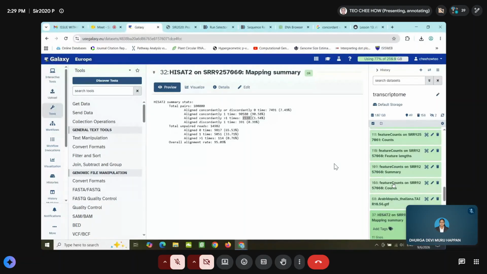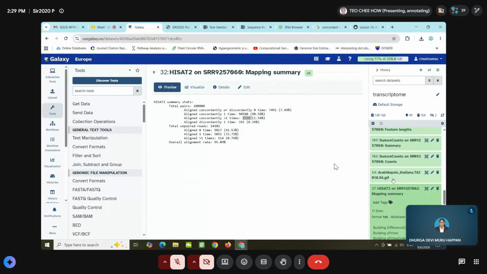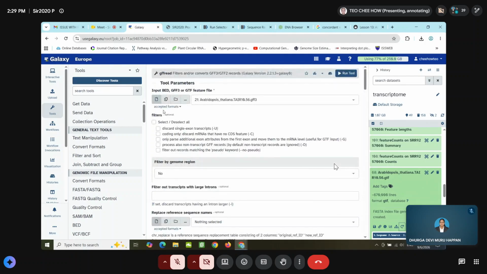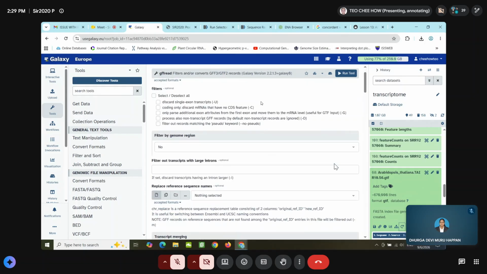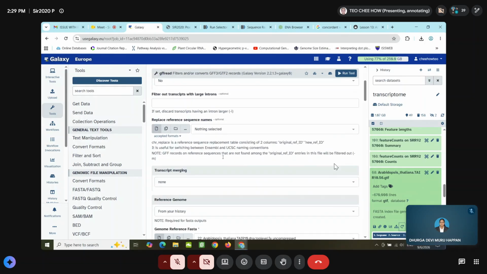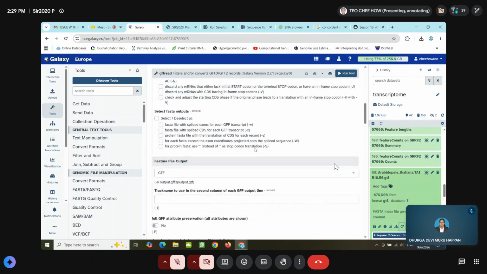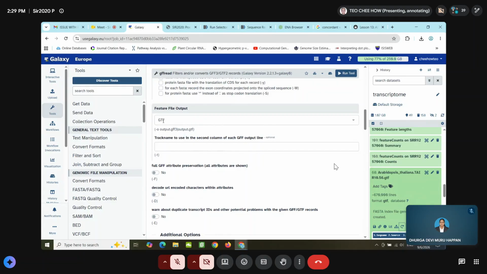In this case, featureCounts only takes the Arabidopsis thaliana GTF file. So what you can do is a conversion. You use GFFread, coming from a search of the tools here. You input the GFF file, and then you select your reference genome, the one that you uploaded, and you change it to GTF.